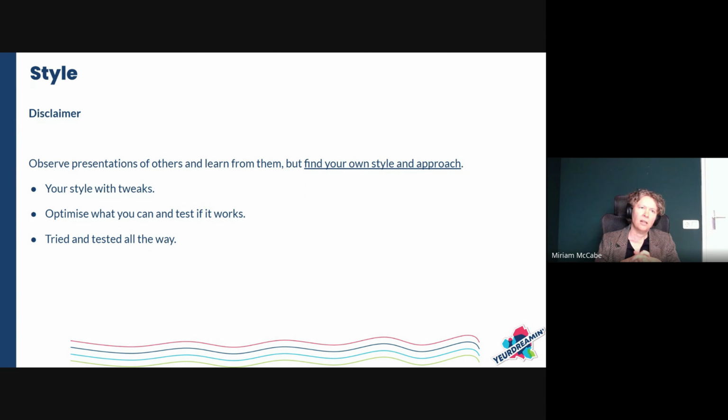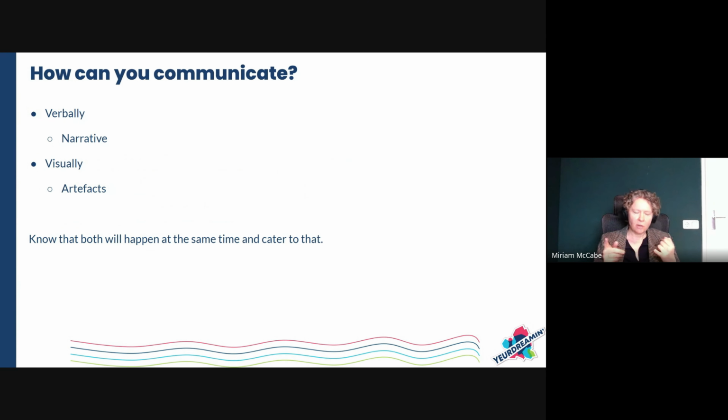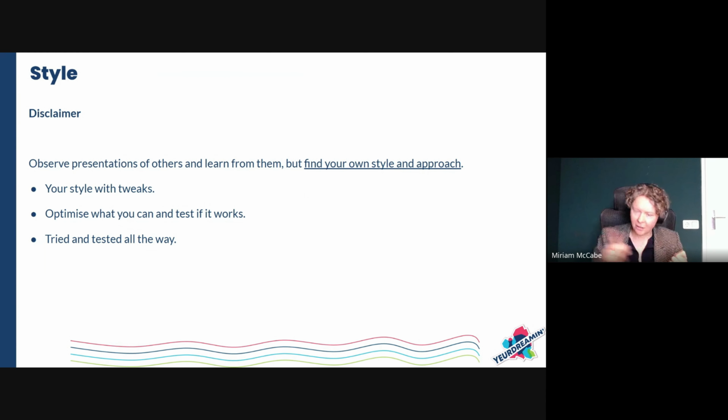So being insecure or unfocused or long-winded or talking to the slides instead of about them are not style, right? How you use your voice, how you hold your body, how much energy you bring, how often you refer to your pets when you're speaking, how you're engaging the audience, those are the things that I'm talking about. And all the other pieces are the techniques that you can learn and make your own.